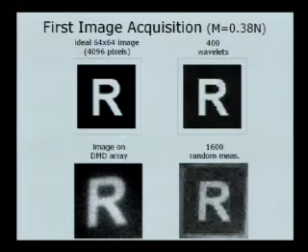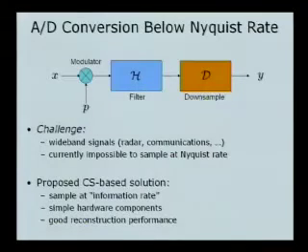Now, taking 1,600 random measurements, which is 38% of the number of pixels, this is the image that we're getting. You can see that it's fuzzy and work needs to be done, but these are the initial beginnings. Another direction which enables us to take random projections in analog is giving rise to a new type of